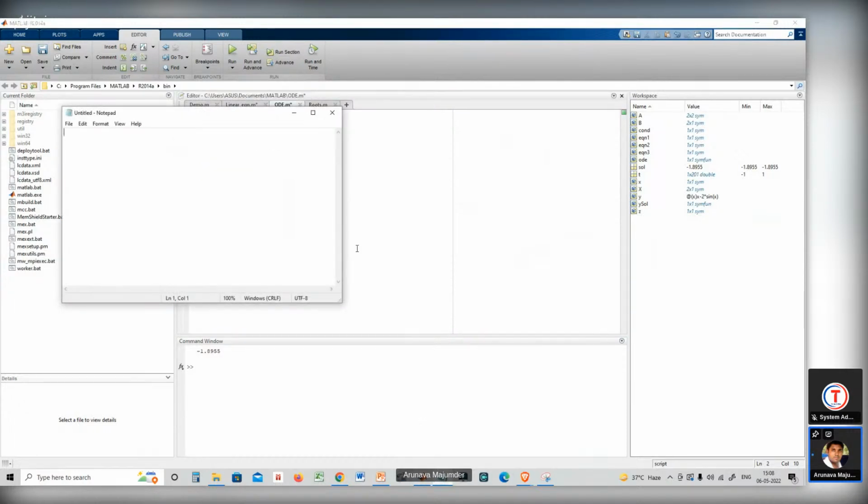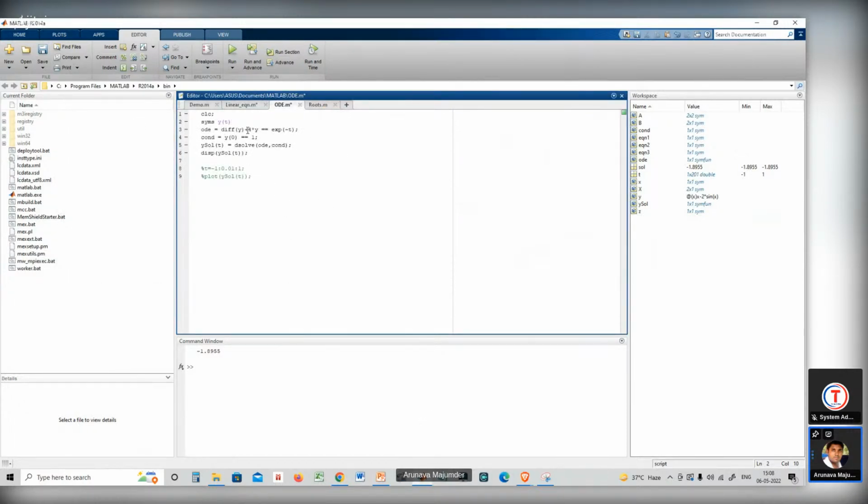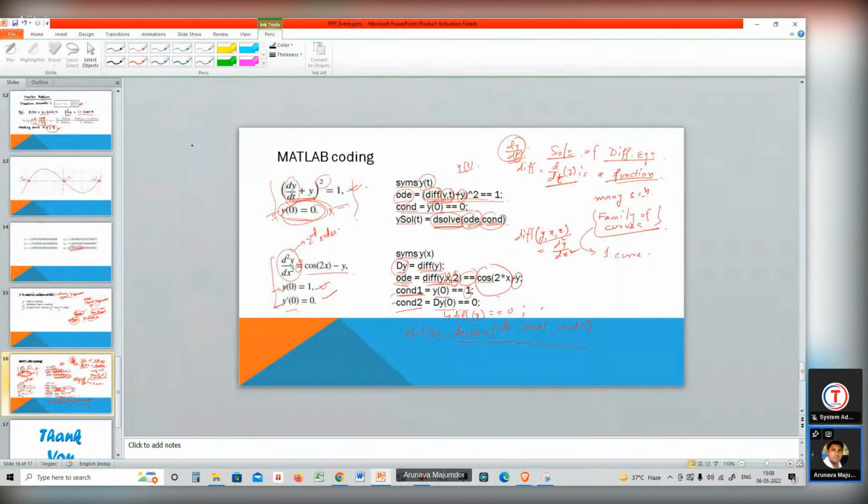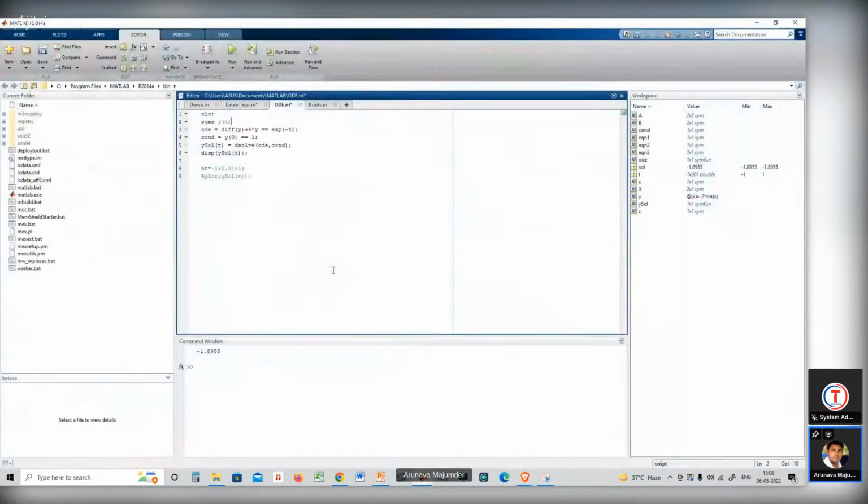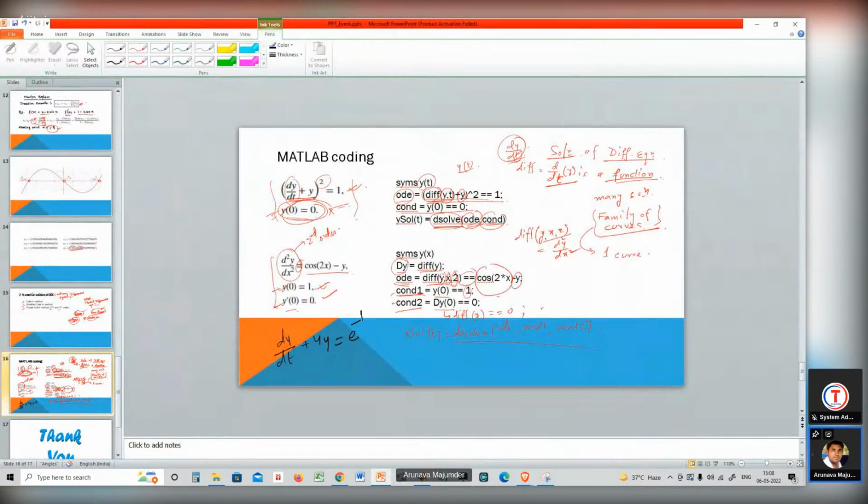So t is the independent variable here. So it is dy/dt plus 4y. The equation here is actually dy/dt plus 4y is equal to, the right hand side is exp(-t), which means e to the power minus t. So this is the equation that is written there. Since t is the only variable,